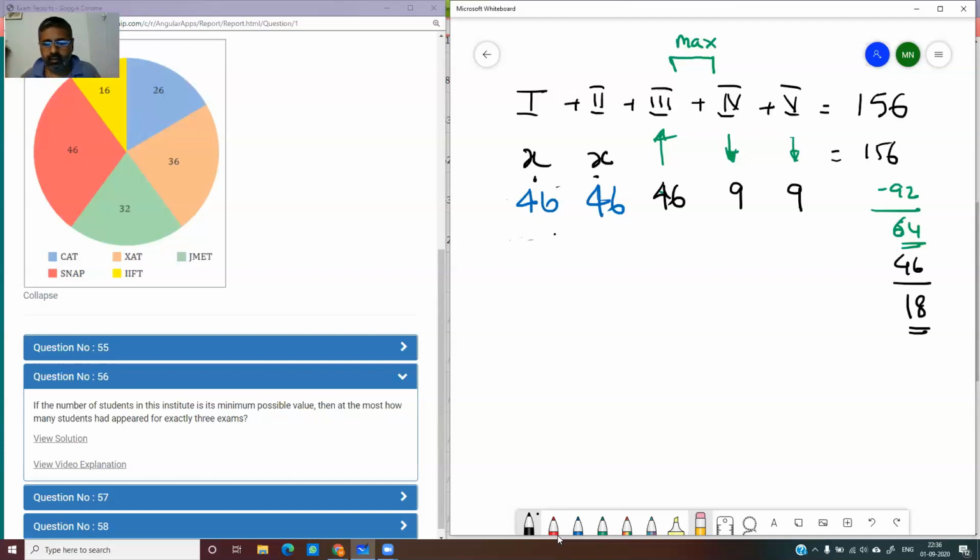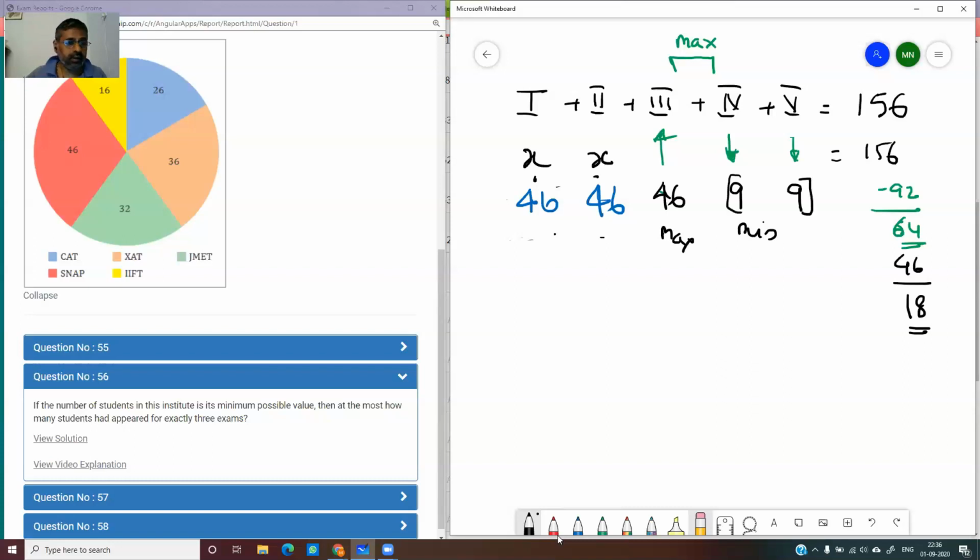I need a minimum here. I need a minimum here. I need a maximum here. I can definitely take 46, where I'm assuming that there is nobody in 2. All of the minimum is 3. So with all the 46 we'll choose at least 3. And then I need a minimum here because I have a remaining of 18. What will be the minimum value here?